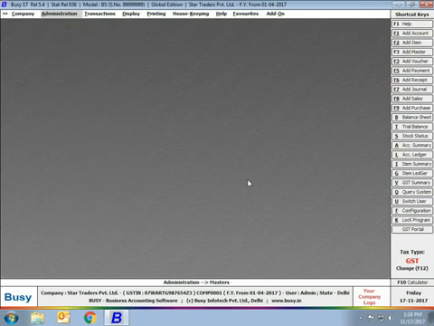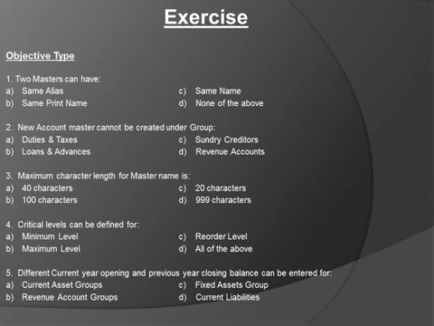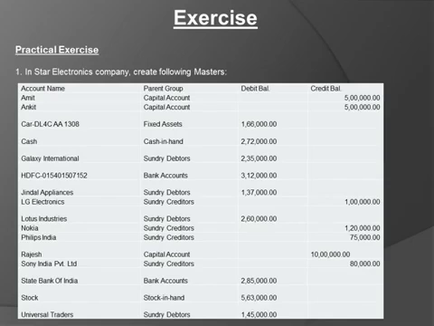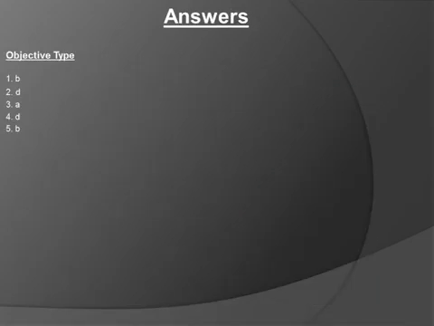So, in this chapter we have discussed the creation, modification and viewing list of account master and the creation of various items, including a service item. Hope after going through this chapter you will be able to easily create account and item master in Busy. At the end of the chapter we have provided certain exercises. You can view the exercise on screen and attempt it.